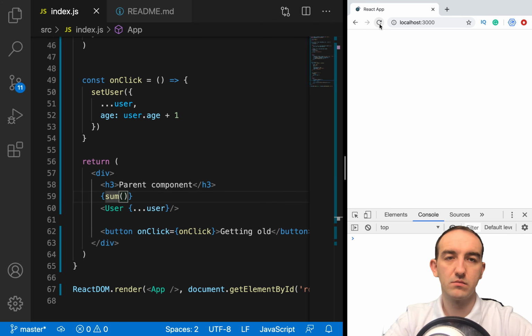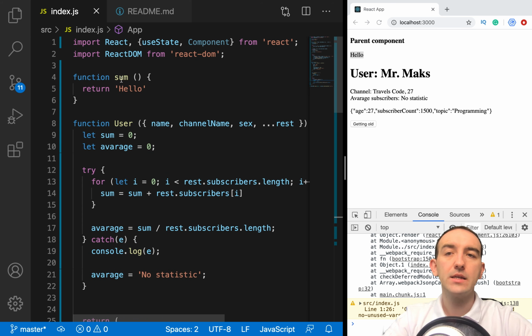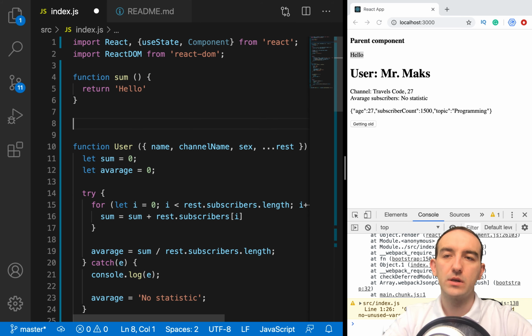Okay. And now we see this data. Hello, it was executed and we have this data. Okay, it's a function declaration. We have another approach, it's function expression. It works a bit another way. So we need to